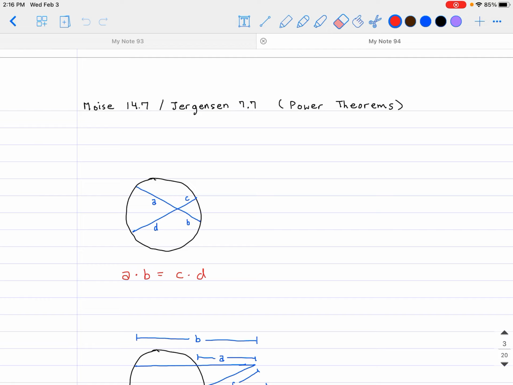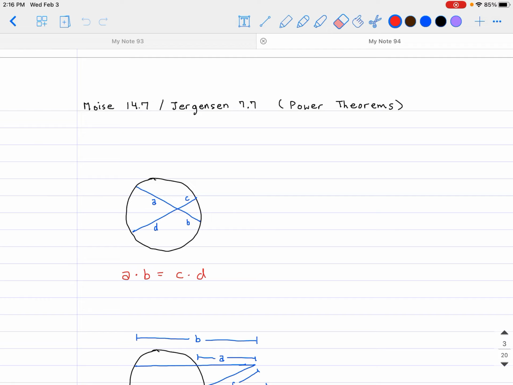Anyhow, the Power Theorem is basically looking at secant and tangent lines and seeing how they are related to each other in terms of proportionality and also when they are all put inside the same circle. Okay, so here we have a total of 3 power theorems. The first one right here is where you have two